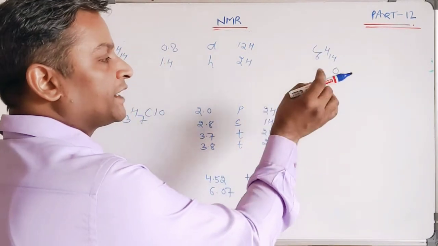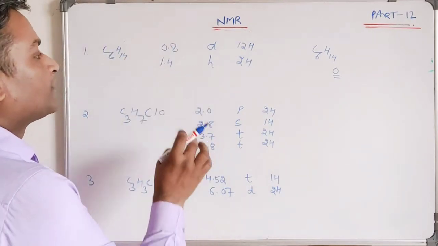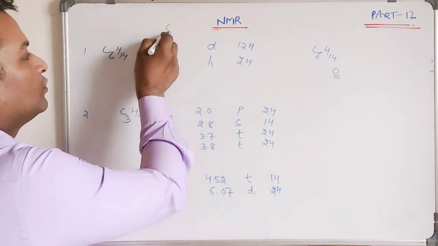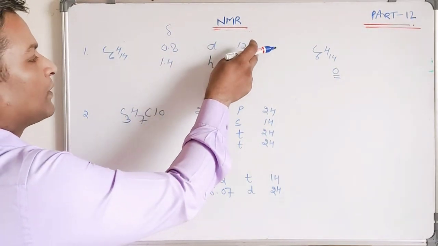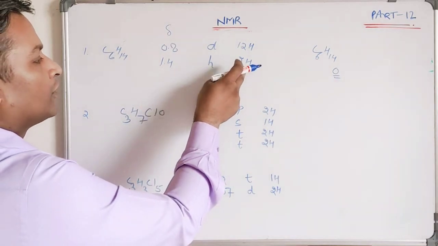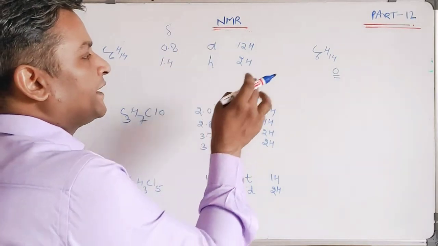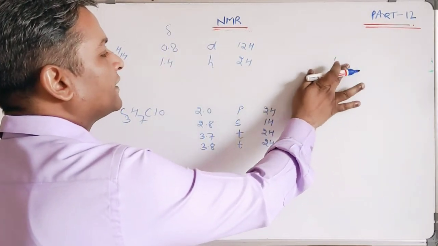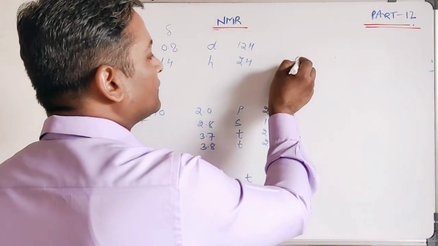So the unsaturation index in this case is 0, so this compound must be a saturated compound. Now the data: delta value 0.8, doublet is the nature of the peak for 12 protons; 1.4 delta value, heptet is the nature of the peak for 2 protons. 12 protons giving a doublet means your spectrum will show this type of pattern: CH3,